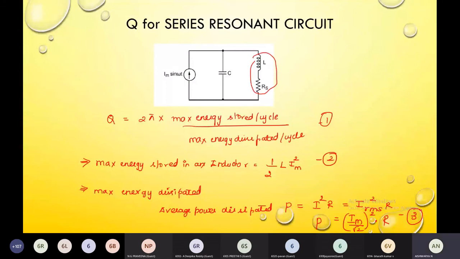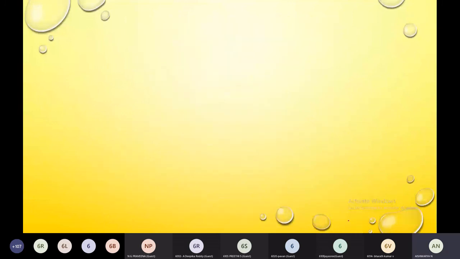And instead of R, you have RS here, correct? So RS you should substitute. Okay. Now, what is E? E equal to P into T. So we found Im square RS by 2, and instead of T, I can write it as 1 by f. So this is your energy dissipated